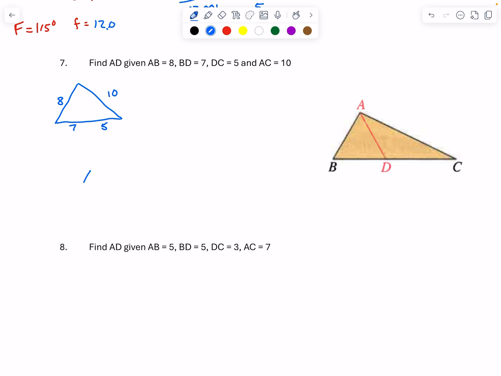Then I'm going to try and figure out AD, which I'm just going to call side B. The trick is find this angle first. B is across from the 10, and the total on the other side is 12. So